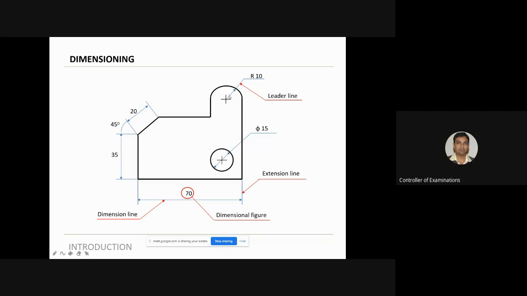If it is radius, it is only till here. If it is diameter, it is till both the ends, because you have to show that it is the entire diameter of the circle. Extend it, draw a horizontal line and place the value on top of the horizontal line. Same thing here, extend it, draw a horizontal line, place the value above the horizontal line. This is how you draw objects which have a radius.